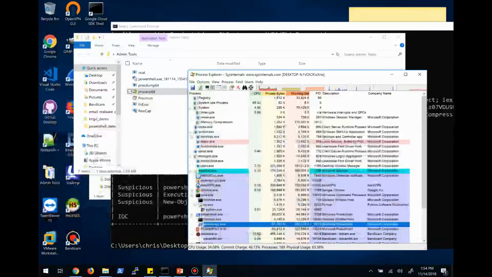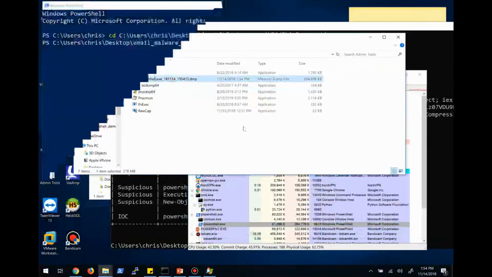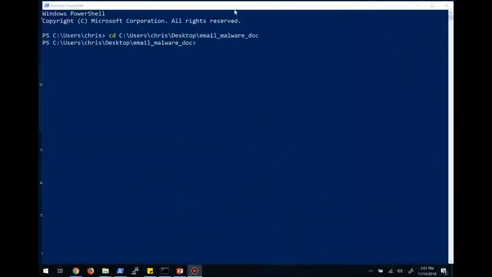Okay, so it created a process dump for us here. So now we have a process dump. At this point, we've taken our memory dump of the hidden PowerShell process that was running on the actively infected machine. At that point, we would probably hand that off to the incident handling team to decide on what they wanted to do with that, whether they wanted to kill the infection immediately,